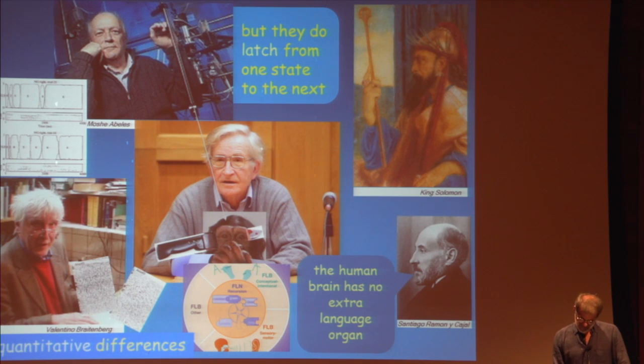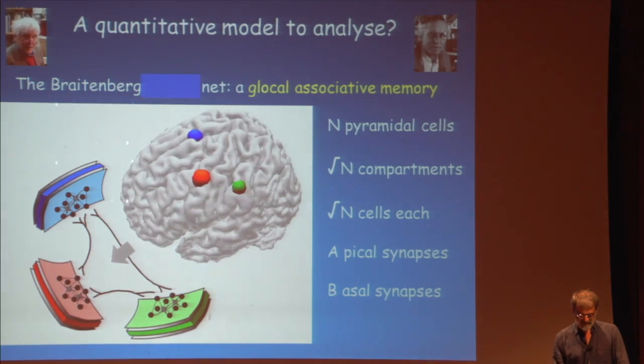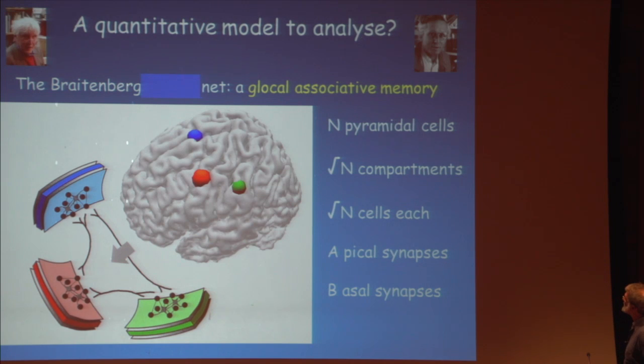Valentino Braitenberg was a very insightful neuroanatomist, with very inspirational insights, one of which is the basis for the little model that I want to introduce in a few minutes: the idea that you can take the cortex of mammalian species that differ by almost 4 orders of magnitude in the total number of cells contained in the cerebral